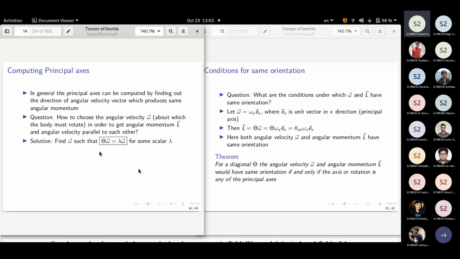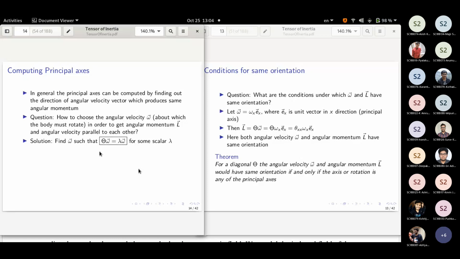Okay, sir. Sir, and also how do you choose theta? Like the choice of theta also depends on coordinate, right? Right, theta can be any theta. Finally, the principal axis is not going to change because of theta, because it is simply eigenvector and eigenvalue. So for any other theta, it will be some other eigenvalue for that theta.